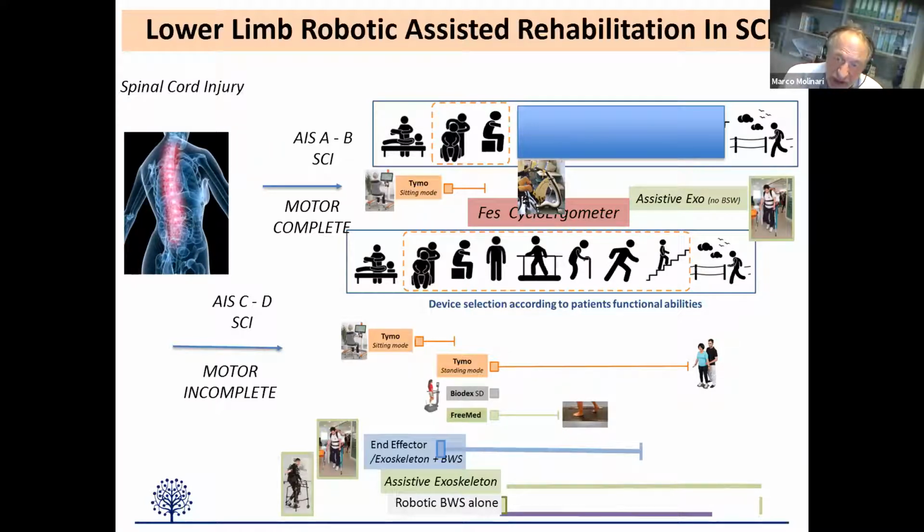And so theoretically, you should have a shelf with all the technologies available and be able to diagnose at a certain point which is the right technology for that patient. For instance, in this phase, when there is trunk control, the sensorized platform like the TIMO that can be used sitting is used in clinic quite regularly for improving the capacity of the patient to perceive the correct position of the trunk. The same platform is used also later on, when the patient reaches a standing position and has